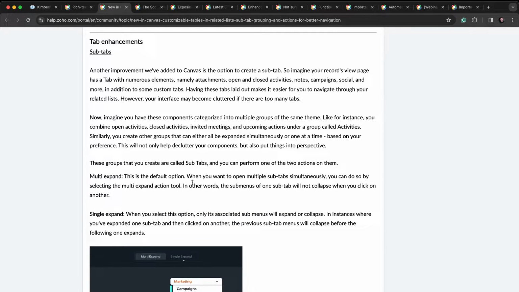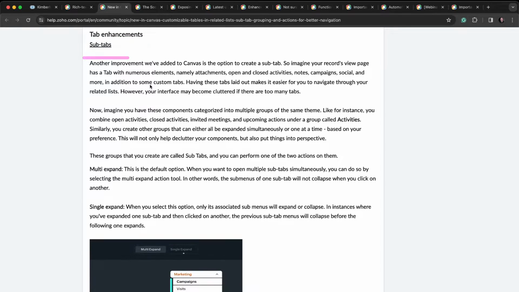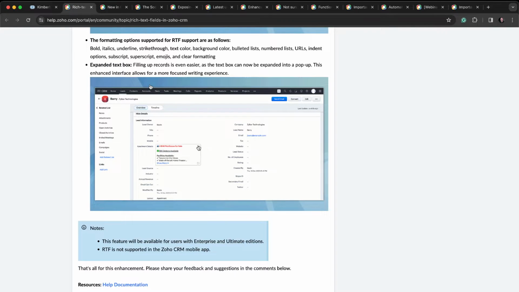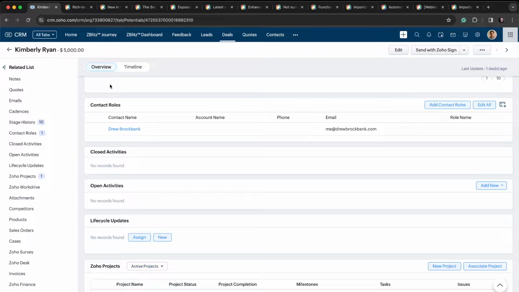All right, another cool thing with Canvas: tab enhancements, subtabs. I don't know if I really agree with the premise of this, because I'm on the side of doom scrolling, right? That's a behavior we're very familiar with, just scrolling for the information that we need. Now, some people like to use Canvas in the record view. This is the strongest use case I've seen for Canvas. I still don't know if I agree with it all the way, but it is to essentially make this part of the CRM, if you see here,